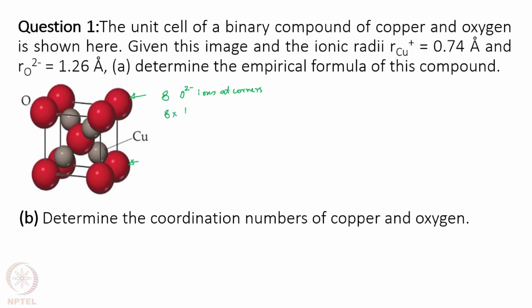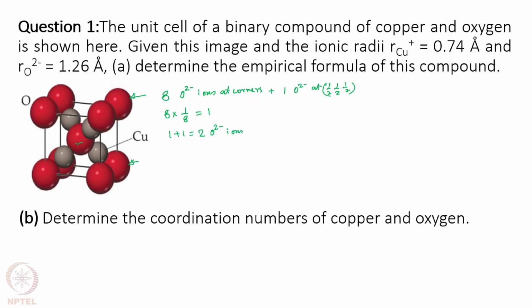So, 8 into 1/8 is equal to 1, plus you have 1 oxygen at the center. So, you have oxide ions at corners plus 1 O2- at the center, which means you have 1 plus 1, 2 O2-